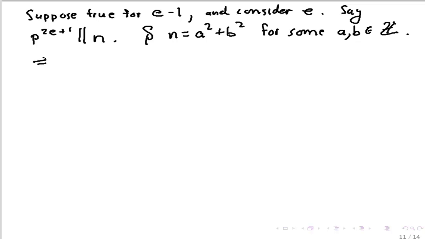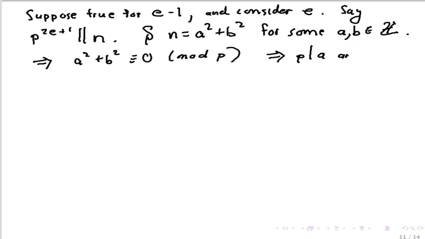So this implies that a squared plus b squared is 0 mod p, which will imply that p divides a and p divides b, as in the base case, because -1 is not a quadratic residue mod p. Well, now that p divides a and p divides b, I come back to this representation of n,